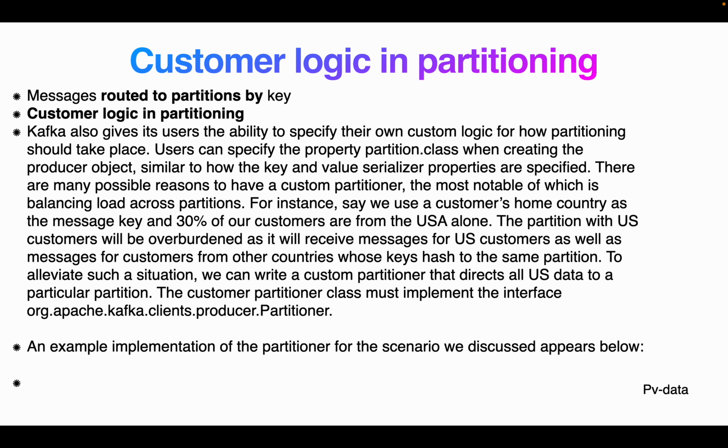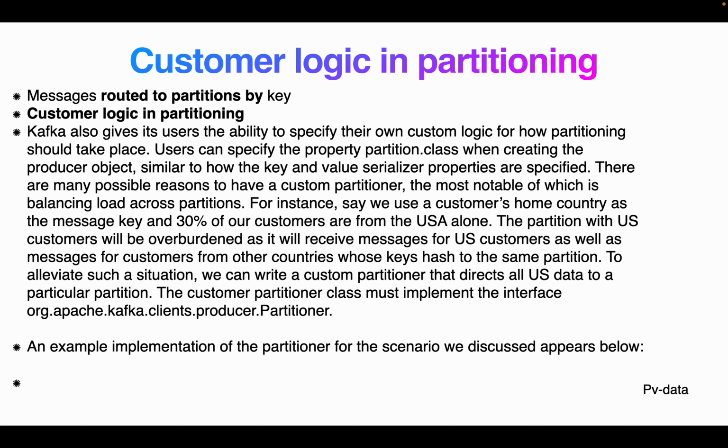For instance, say we use a customer's home country as a message key. 30% of customers come from the USA alone. The partition with US customers will be overloaded, as it will receive the messages for US customers as well as messages from customers from other countries whose keys hash to the same partition. In such a situation, we can write a custom partitioner that directs US data to a particular partition. This custom partitioner class must implement the interface